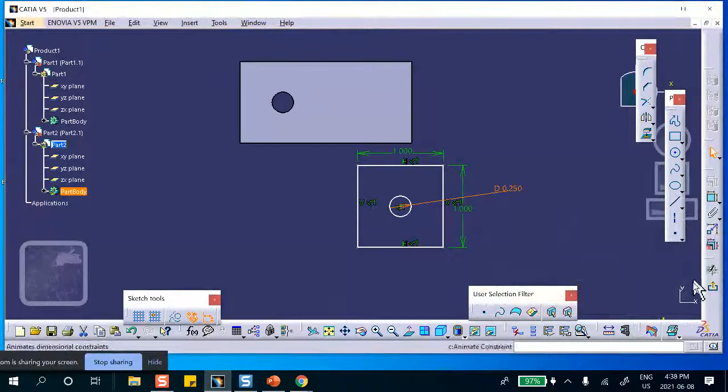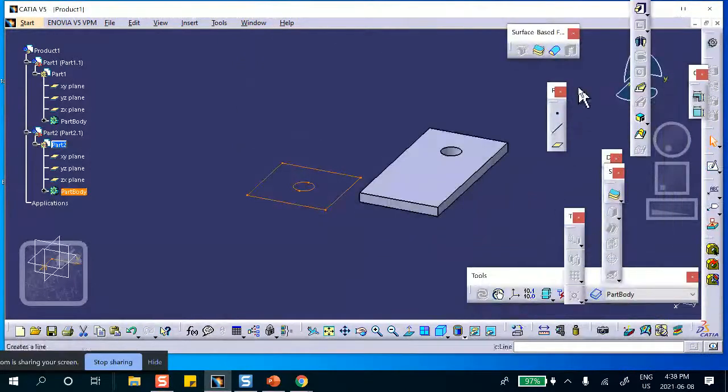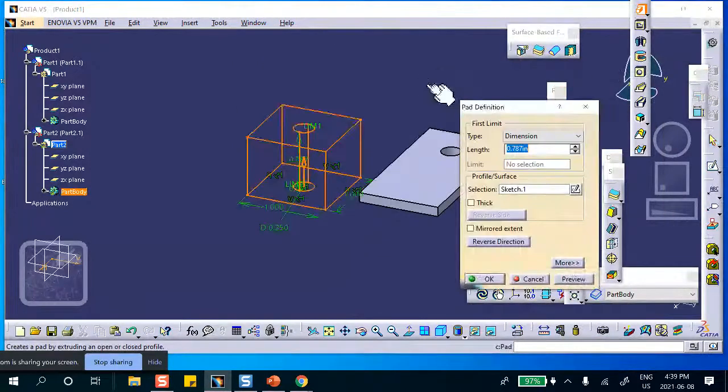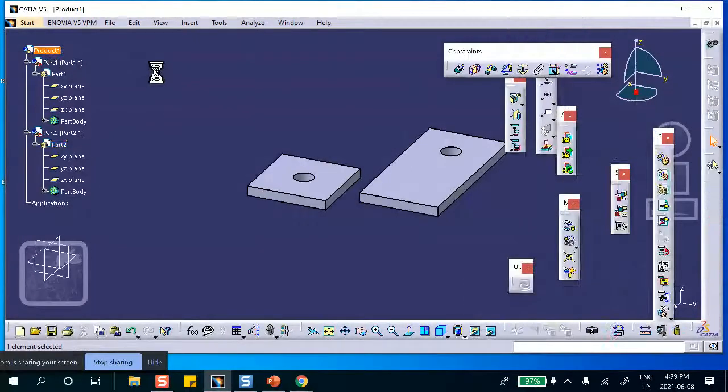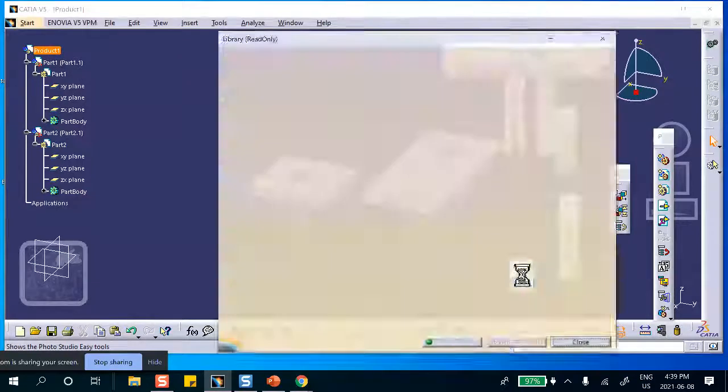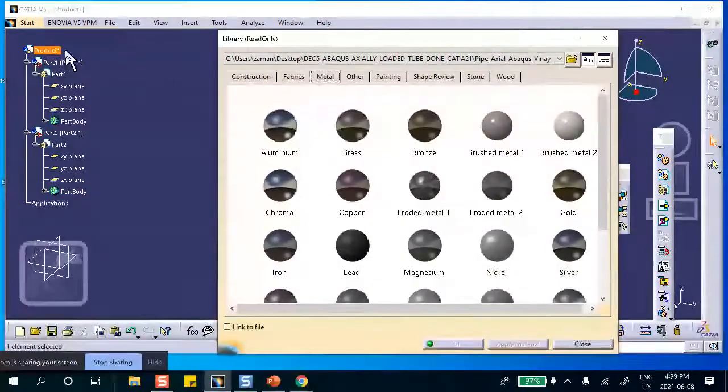Okay, exit, pad it by 0.125. Very good. Product, apply material. If everything is made out of steel,